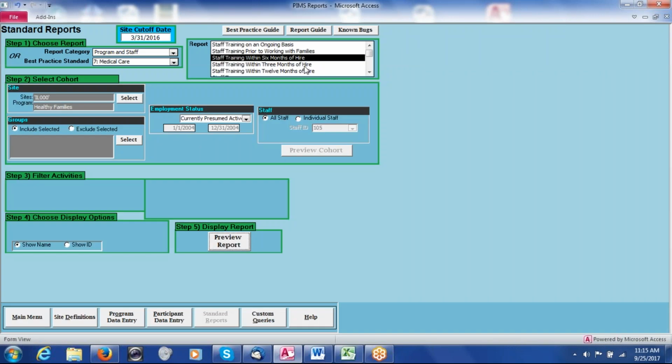12 months of hire and ongoing topics. So those are all there as separate reports, and that's very nice to be able to print all those out specifically. And one more thing, we'll be able to, so for these,